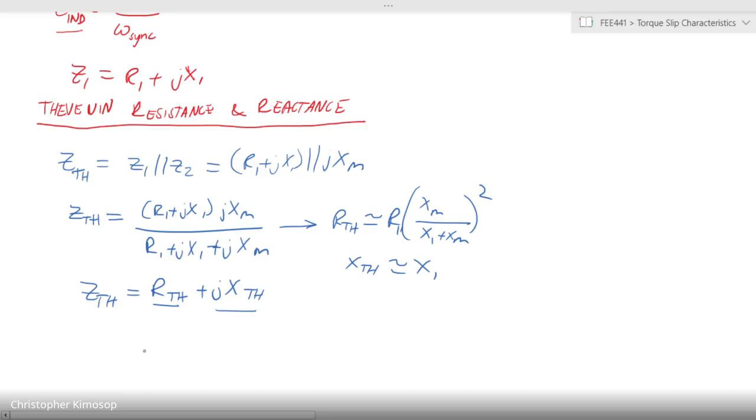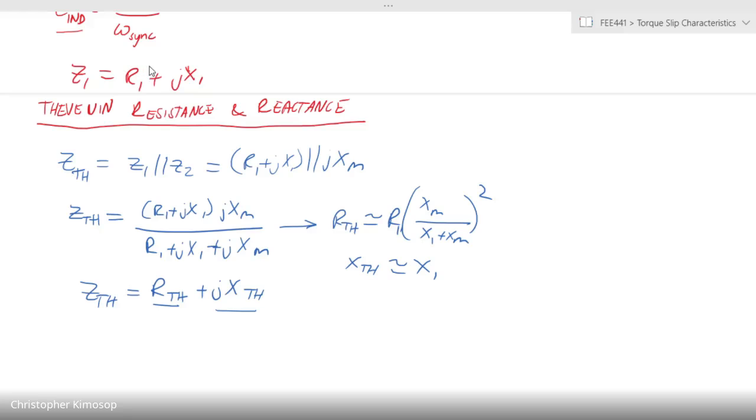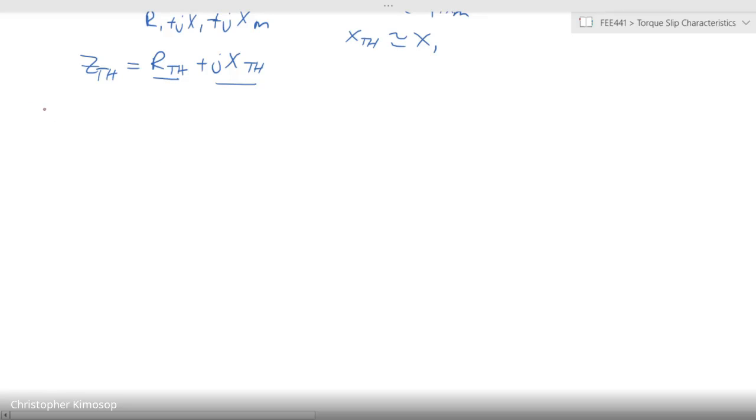Right. So we have our Thevenin resistance and our Thevenin reactance. Similarly, the Thevenin voltage can also be calculated or derived. Let's look at it there. So our Thevenin voltage, we pick it from our formula, is equal to that times